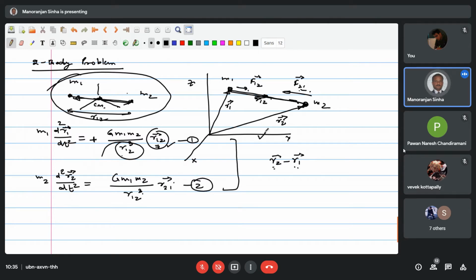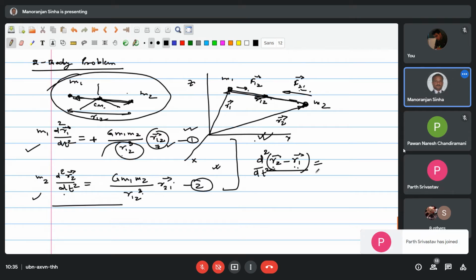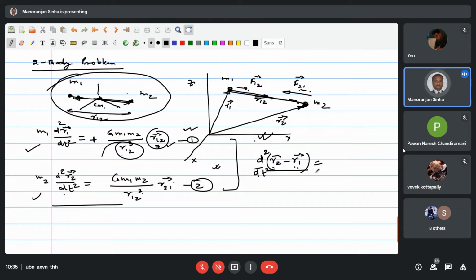Because this frame is an inertial reference frame, and in the inertial reference frame we have written these two equations. Now if we divide by m1 on both sides in this case, and by m2 on both sides in this case, and then subtract to get r2 minus r1, this will be written as, so this is the relative motion equation. So if you are sitting on particle 1, how does the motion of particle 2 appear? And this is the thing we are quite often interested in.